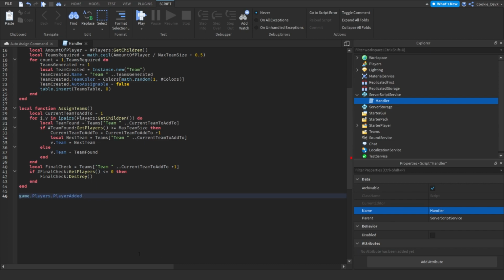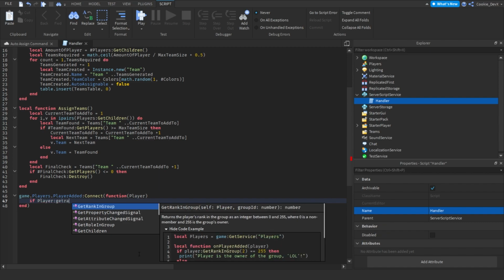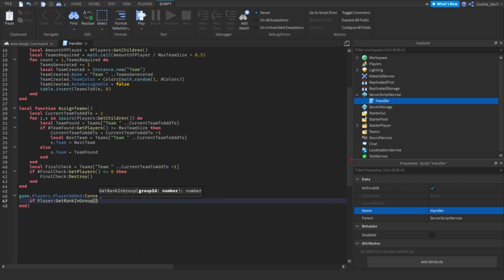game.players.PlayerAdded:Connect(function(player), and then we're going to get the player that joined. Then we're going to drop a line, and now we need to get the player's rank inside of our group. So to do this, we're going to say if player, make sure you don't put players, you put player, :GetRankInGroup. Now we need to get our group ID, and now what it's doing is it's getting the rank inside of our specified group. And then what we need to make sure is if it's bigger or equal to our minimum rank,